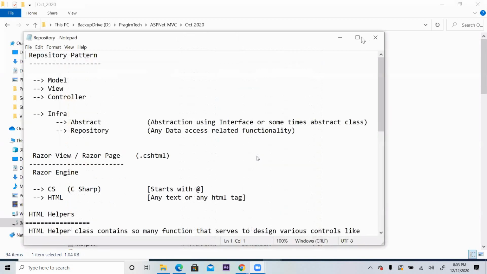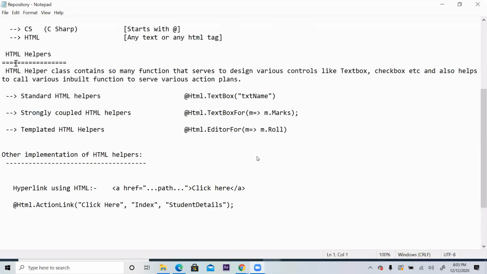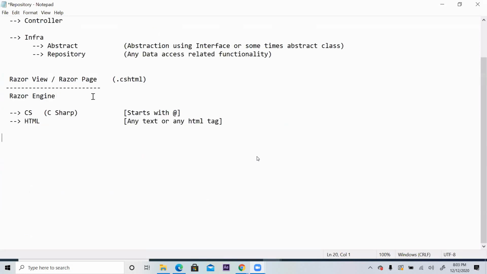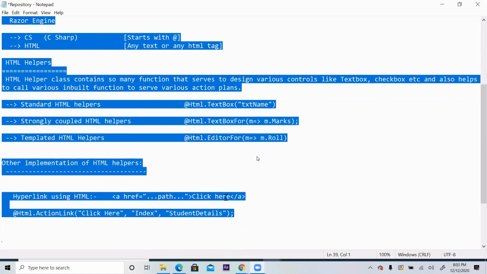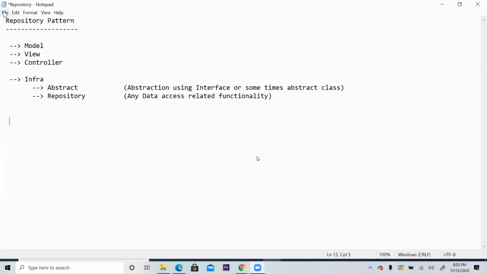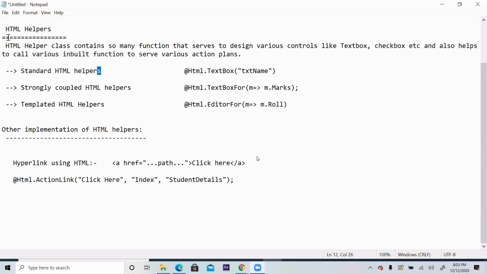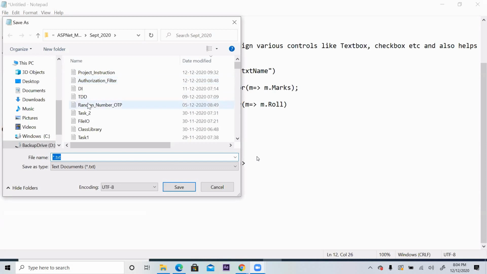So from this repository notepad, I will pick up these HTML helpers and put them in this, and name this as Razor View and HTML helpers.